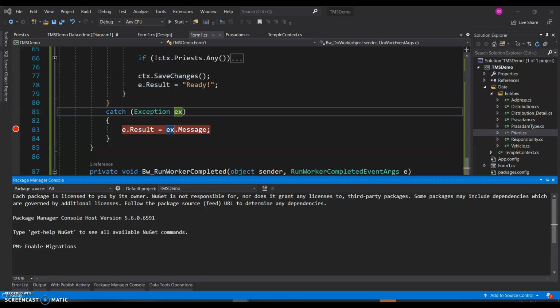Remember I told that we will have all our data related files in the data folder, but outside the entities, so at the root of the data folder. So if I wanted, I can give an optional argument and say put all those things in the data migration. So let me go ahead and say enter.